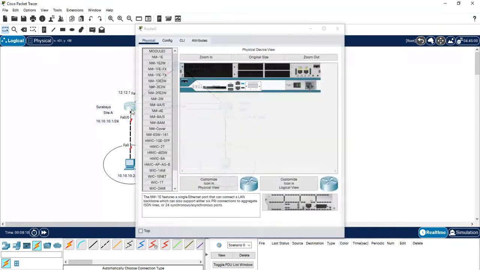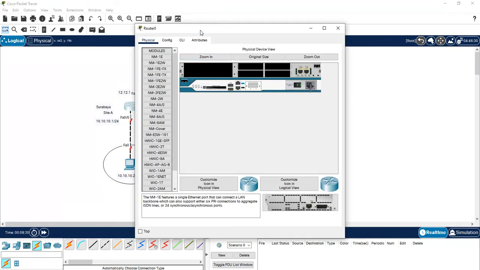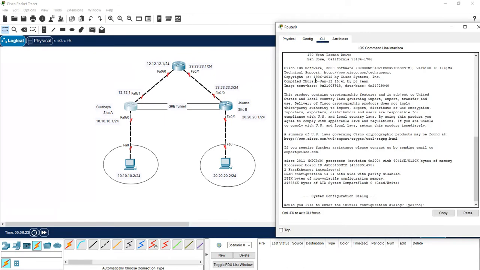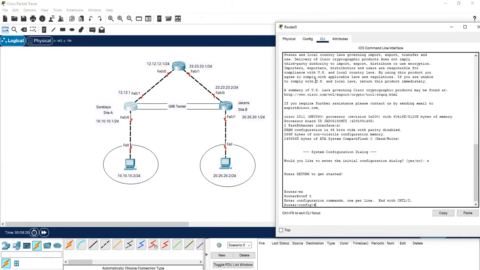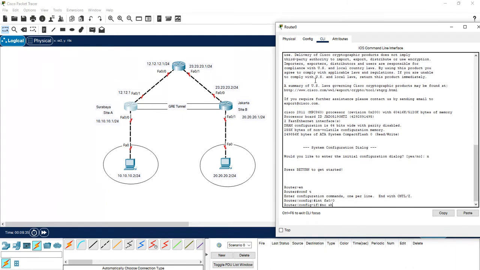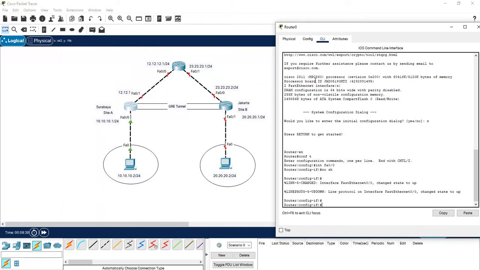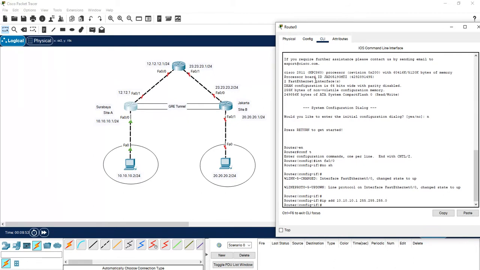We start from router 1. We go to the CLI, enable, configure terminal. Then we get in the interface FastEthernet 0/0 and do no shutdown, to turn on the interface, then we put the IP address 10.10.10.1, and the subnet mask is 255.255.255.0.